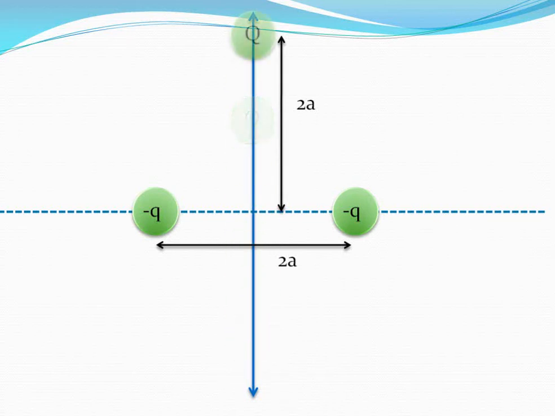In this case too, as in the previous case, when this charge Q is here, it will experience a force like this towards the origin, because these two negative charges will attract it. Similarly, when this Q charge is here, it will experience a force towards the origin, because again these two -q charges will attract it. It will again undergo oscillatory motion, just as in the case we studied.